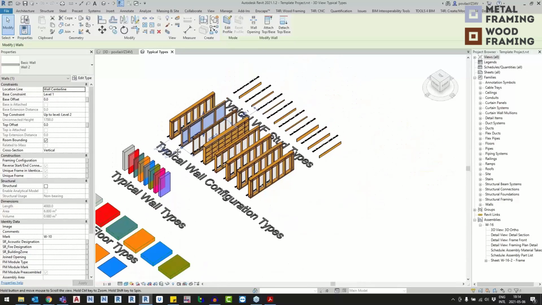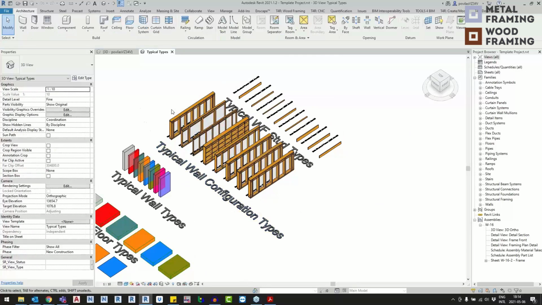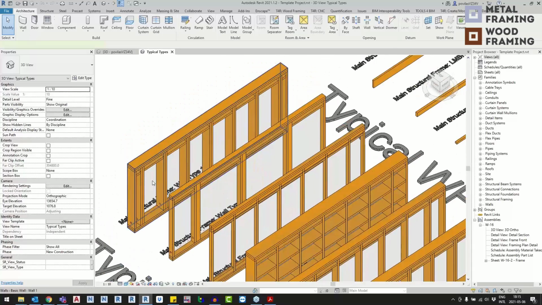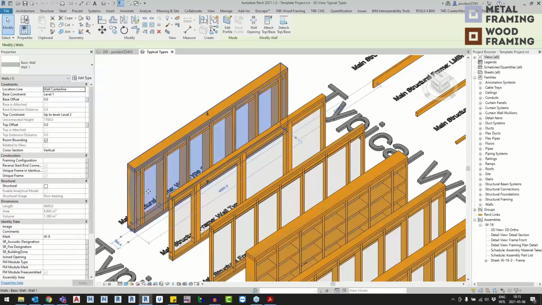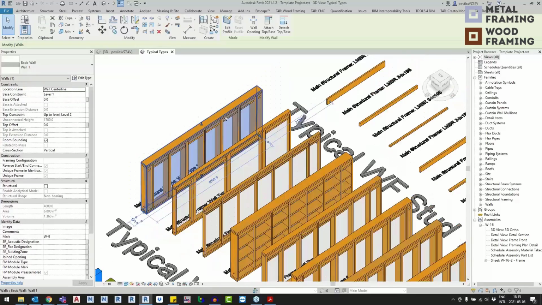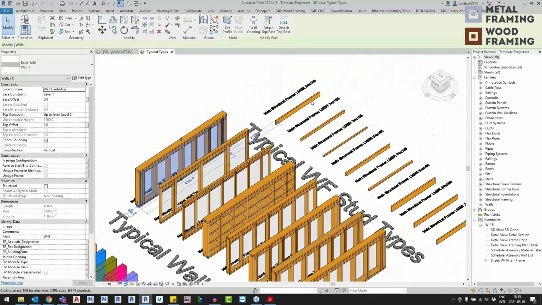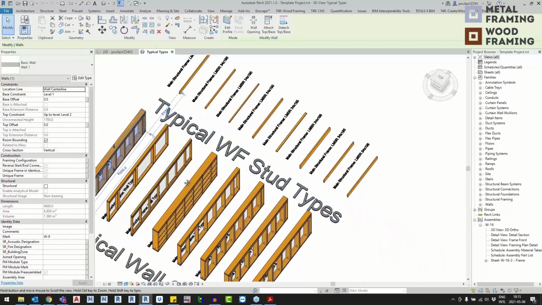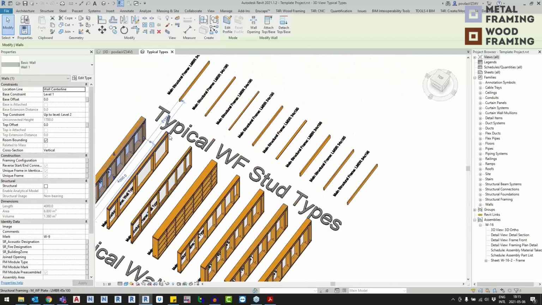And in this case, I'm not so much interested in the build-up of each wall type or the type itself. For me, each wall type has its own unique configuration. Okay, and each configuration, basically each wall frame, consists of structural framing elements. Those are the structural framing Revit families, and the next bit above the wall configuration types has typical wood framing